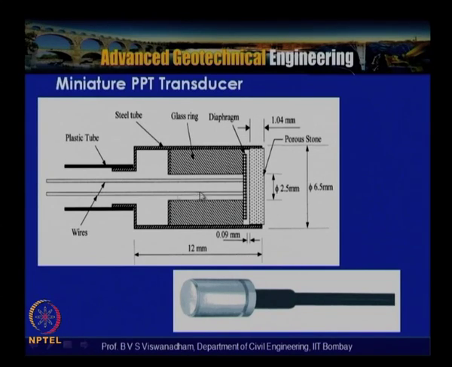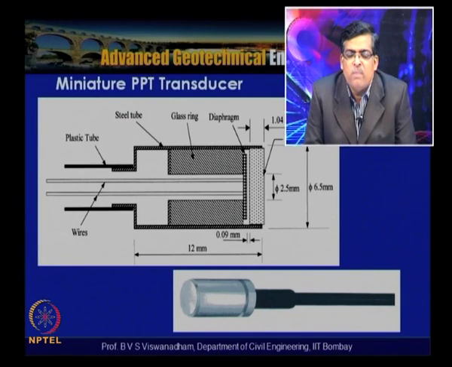As the water enters, it exerts pressure on this diaphragm, and this deflection of the diaphragm results in a change in the strain, which is recorded as a change in voltage. The transducer is calibrated against induced pressure with change in voltage. When we plot the induced pressure with output in volts, we get a straight line passing through the origin, and with that we get pressure per volt, that is the calibration factor for a particular transducer.